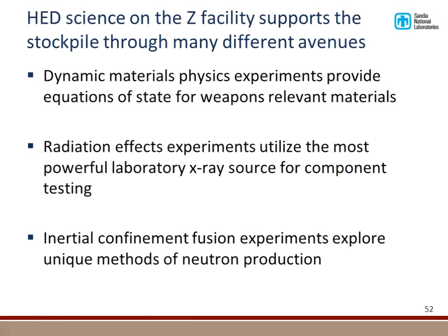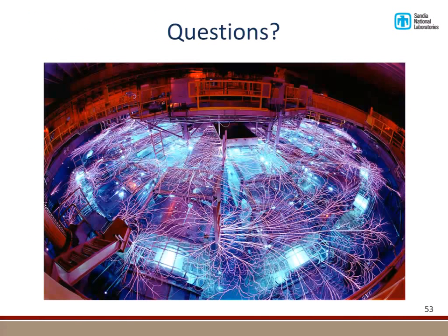Basically, high energy density science on the Z facility is used to support the stockpile, basically through dynamic materials experiments, which give us equation of state for weapons relevant materials, and radiation effects experiments, where we're basically using the world's largest, most powerful X-ray source in a laboratory for testing non-nuclear components of the weapons. And then also we're looking into inertial confinement fusion to explore unique methods of neutron production, which again, neutrons can be used for radiation effects, but ICF is also essentially a key component to stockpile stewardship science as well. And so with that, I'll flash arcs and sparks and